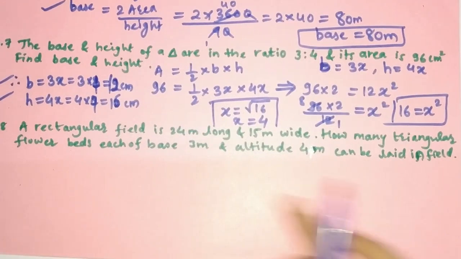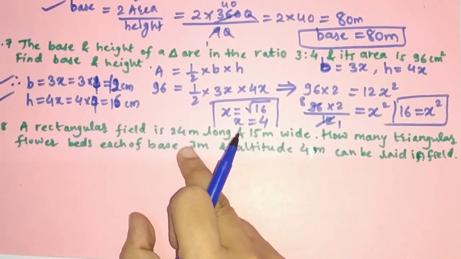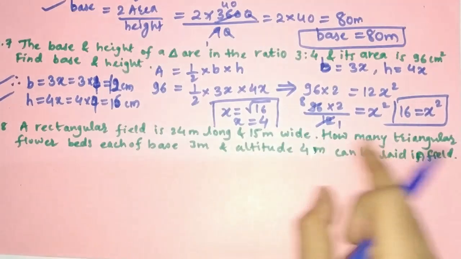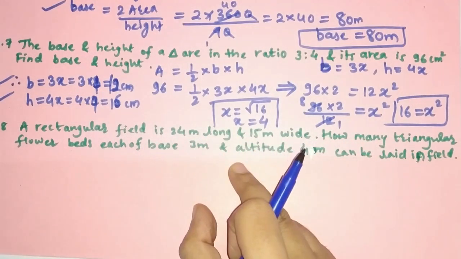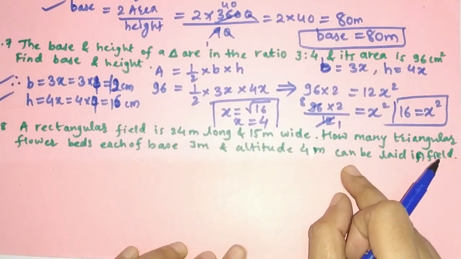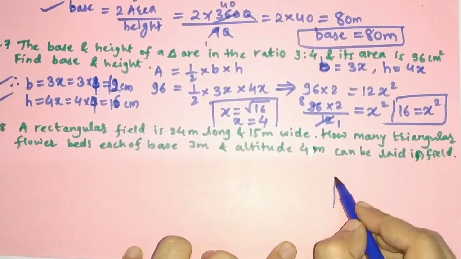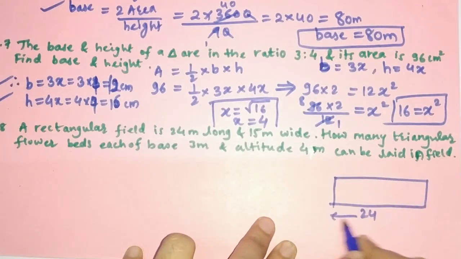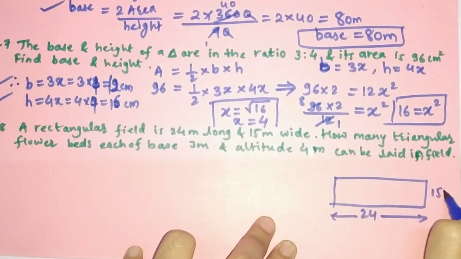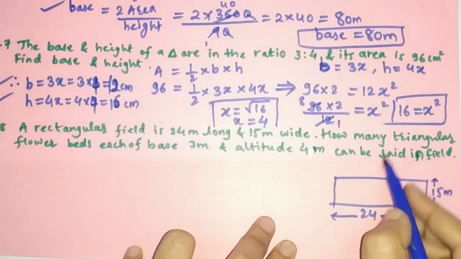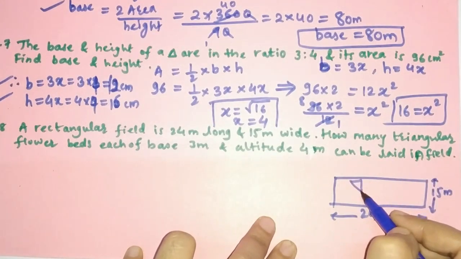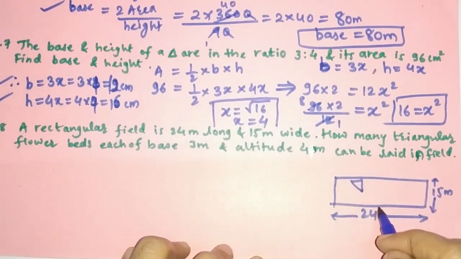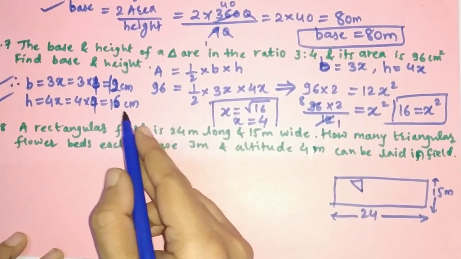Now moving to the next question. A rectangular field is 24 meter long and 15 meter wide. How many triangular flower beds, each of base 3 meter and altitude 4 meter, can be laid in the field? So what is given? One rectangular field is there, 24 meter long and 15 meter wide, and we want triangular flower beds like this, triangular, in that whole area. So we first find